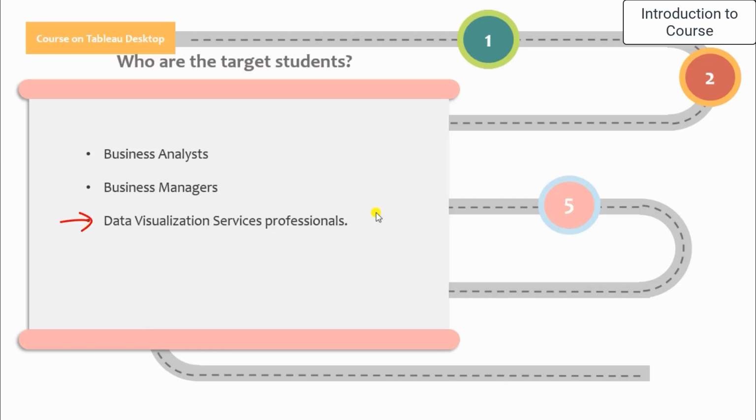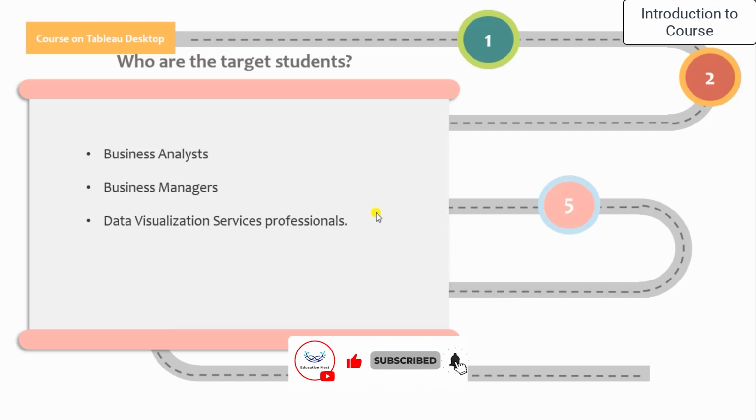And obviously the data visualization services professionals. Now these services are fast becoming part of the business outsourcing process, because there is a lot of data that generally gets generated, be it sales data or be it financial markets data, and simply based on that data the visualization services